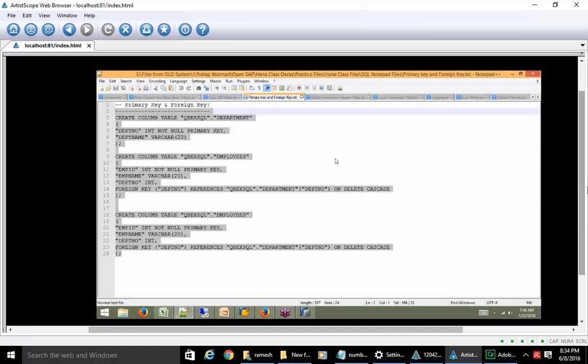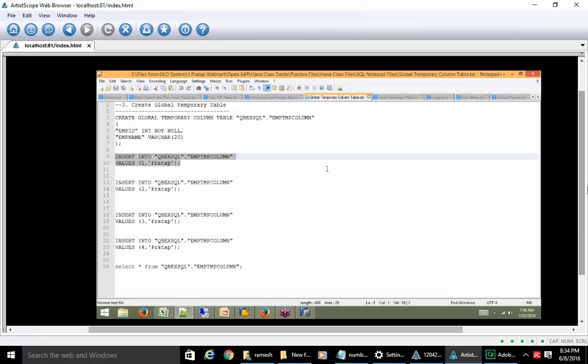Next one, there's a new concept called global temporary tables. Global, you know, but now row store and column store are like normal standard tables. But while creating a table, you can go over creating different types. Global temporary table is one type of it. Temporary tables, global temporary, local temporary, different types. Okay? Now we'll say